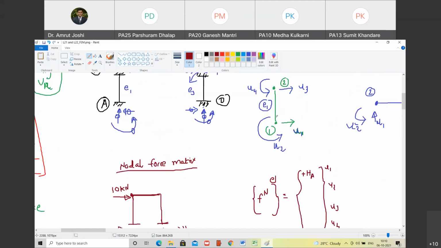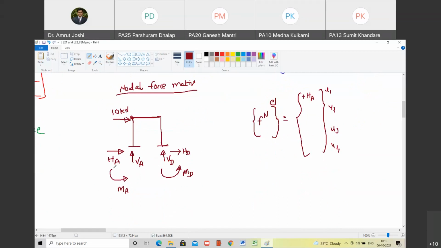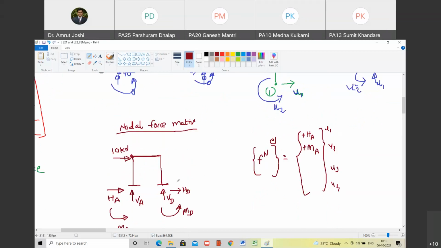U2 is anti-clockwise rotation. So this moment MA, I have assumed it anti-clockwise. So it will have plus sign. Why plus? Not because it is anti-clockwise, but because it is aligned with U2. It is in the same direction as U2. Yes, sir. Mind you, if a negative sign emerges for MA, that means the originally assumed sense of MA was incorrect. That's okay. So we have got the clockwise reaction. So don't worry about what you assume here. At the end, whatever sign you get, depending upon that, you can decide the true nature of HA, MA, VA, HD, VD, MD. Happy?